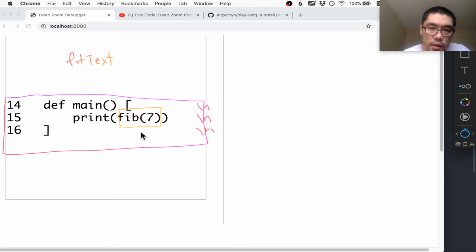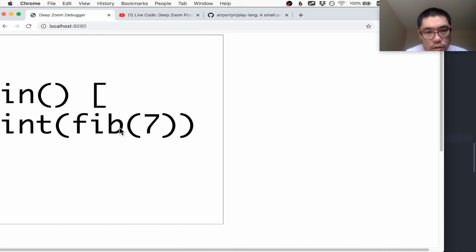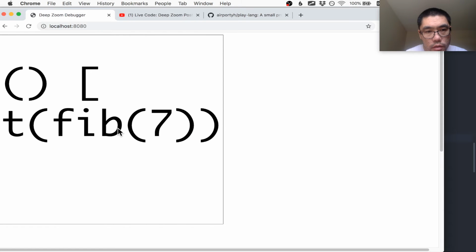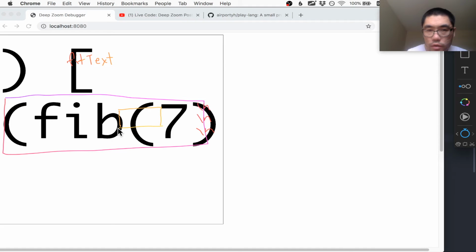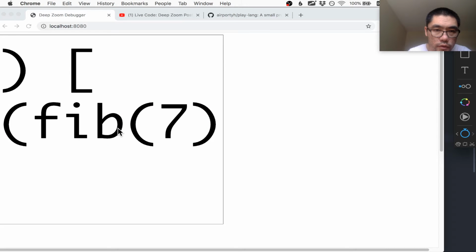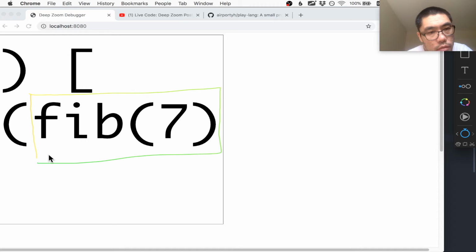And then second of all, in the event that the zoom level is close enough to this function call, like I would draw a box around here, first of all. But in the event that the zoom level is close enough to,